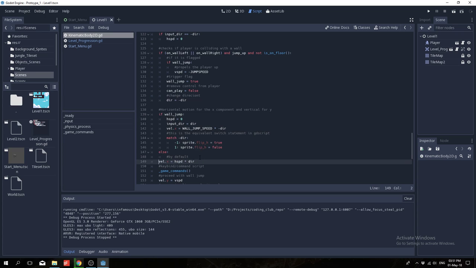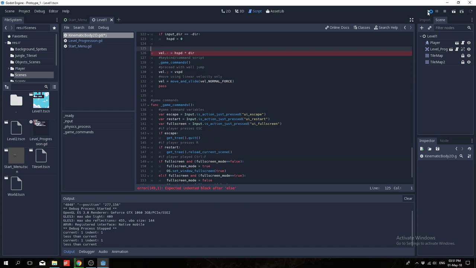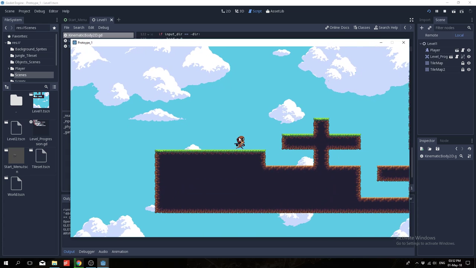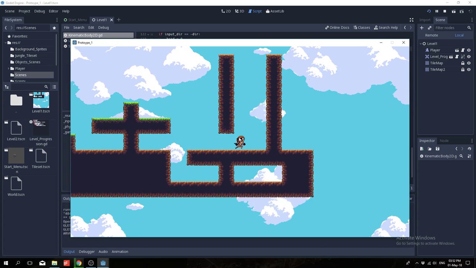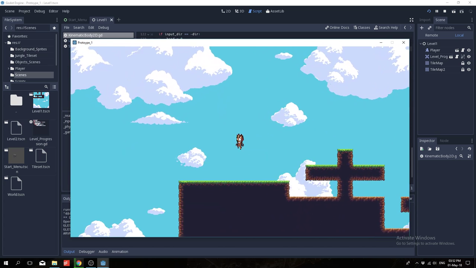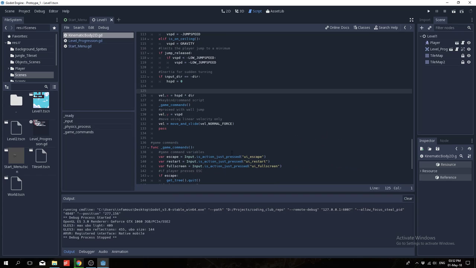Okay, let's bring this here, and then there we go. So it's not working anymore. I removed it, but basically the mechanics of the wall jump is really, you want to flag the wall